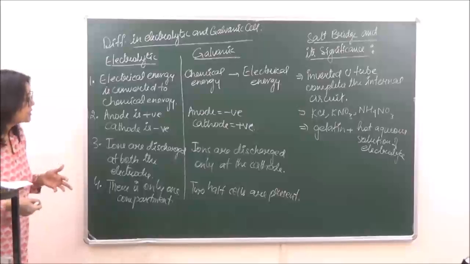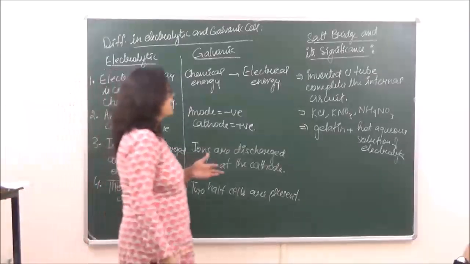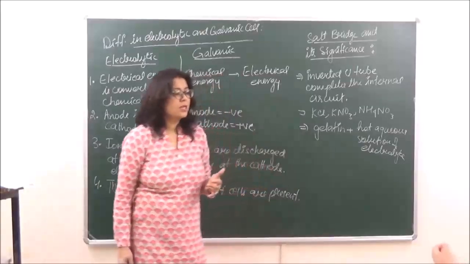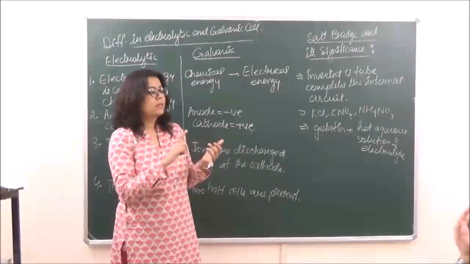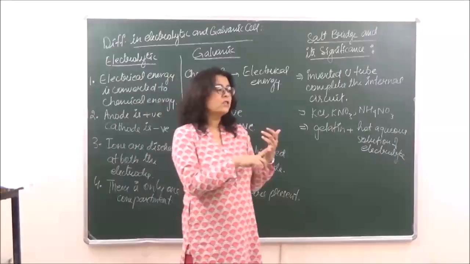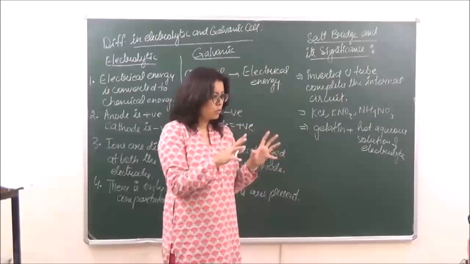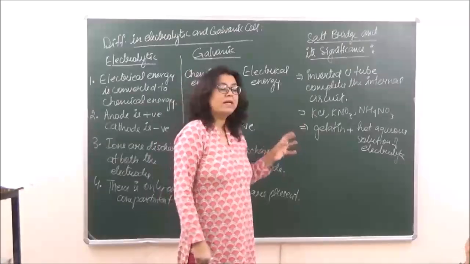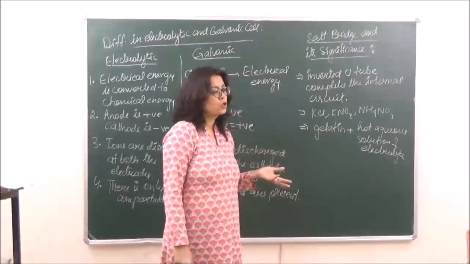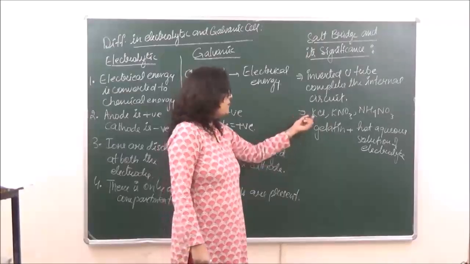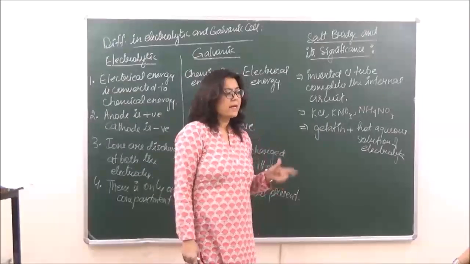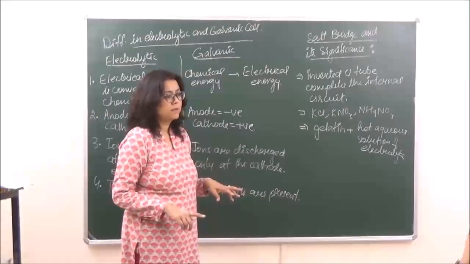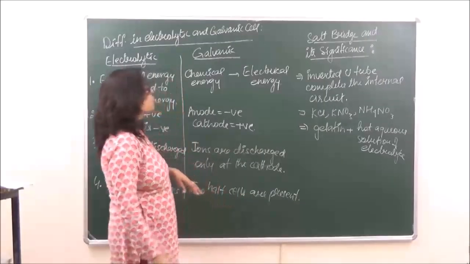When choosing the electrolyte of the salt bridge, as we have chosen three of these, the electrolyte should be such that, number 1, the size of the cations and the anions should be almost the same, and secondly the mobilities of the cation and anion should also be the same. That is, if we have KCl, K is the cation and Cl is the anion, both should move with the same speed. Clear?